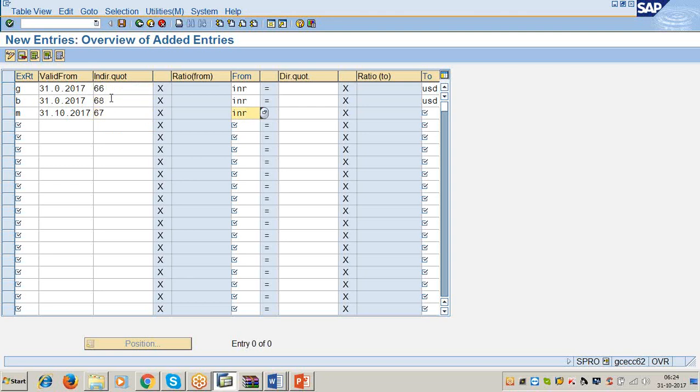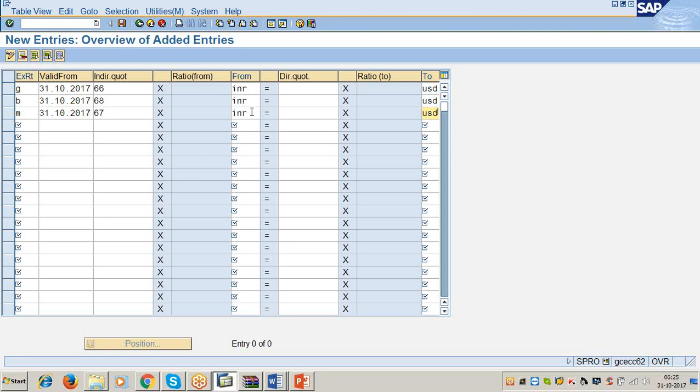From is equal to INR to USD. System gives the error message.